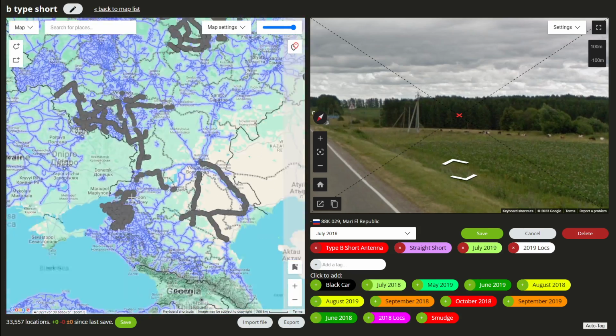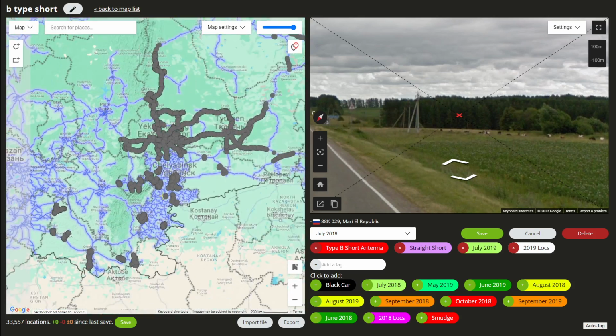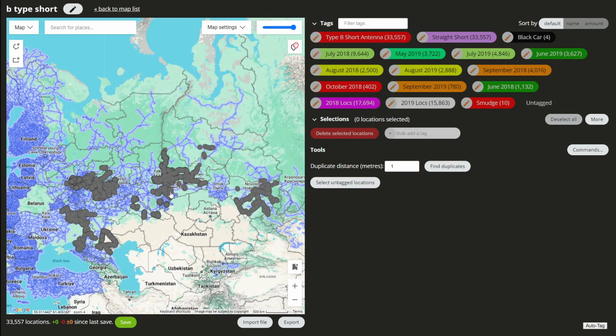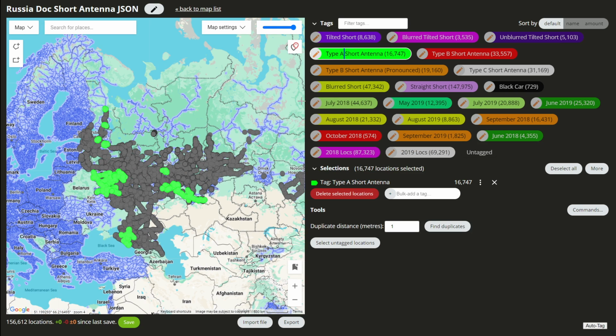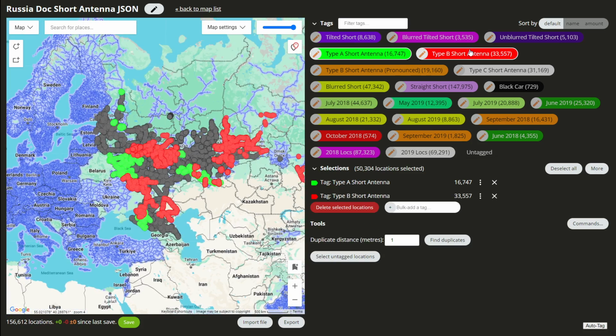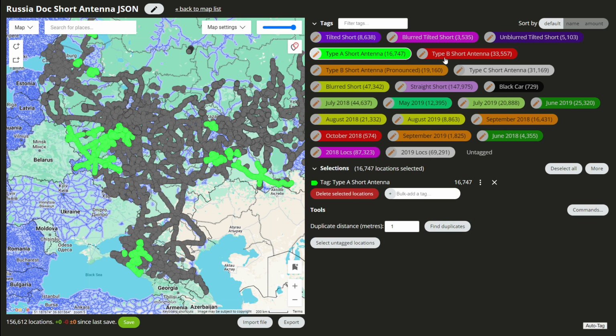Some cursed stuff in Rostov downtown. And then, yeah, that's it. I hope this helped you in your quest to learning short antennas. I'll probably do another video on this, but for the other antennas. For example, A-type is much smaller than B-type area, so that will be a shorter video. I might even do A and very B or something on the same one, or A and tilted,